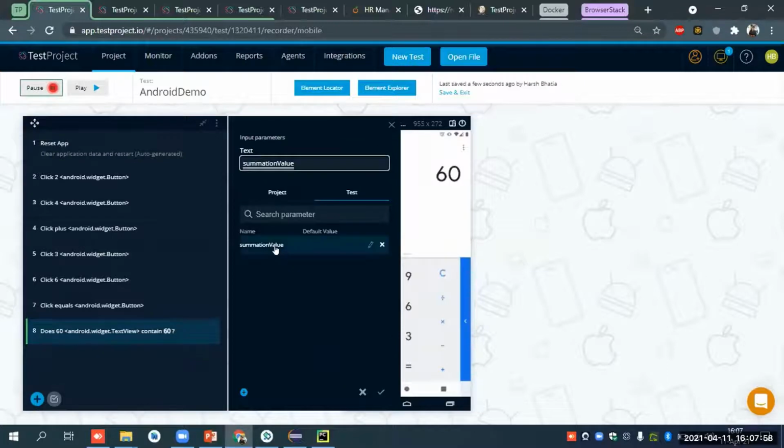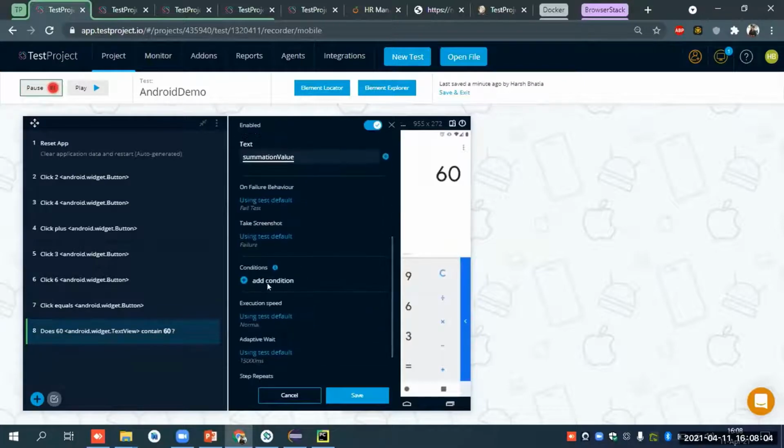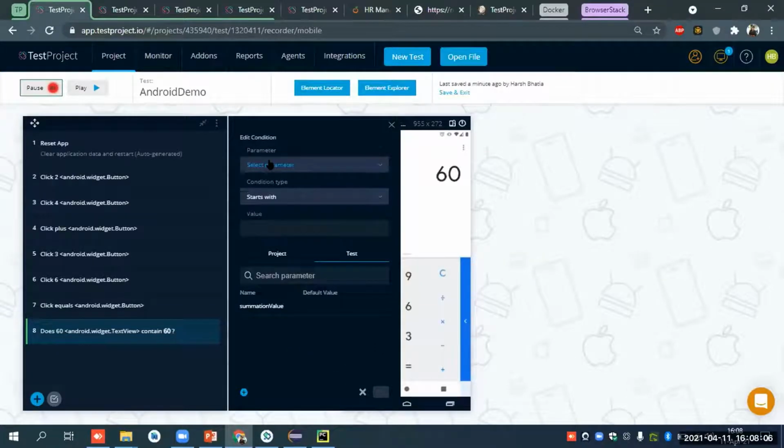Edit. Click on. Okay. Then I will go into the condition. I will select the parameter and I will give the condition of equal. It should match with the 60 value. Click on.